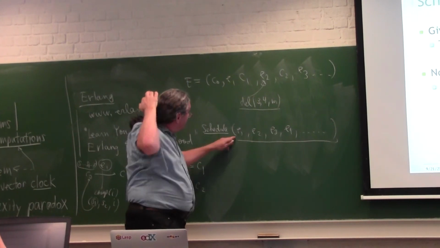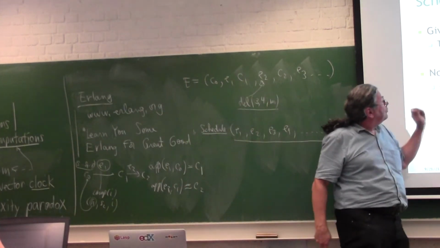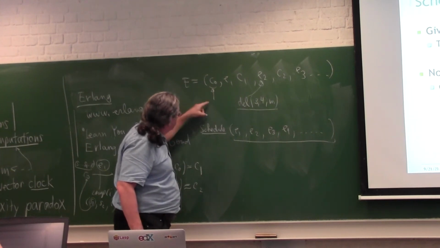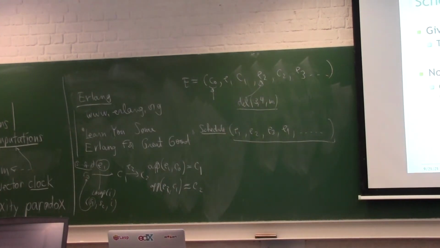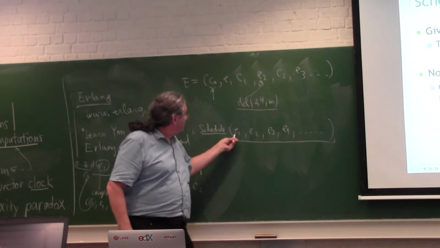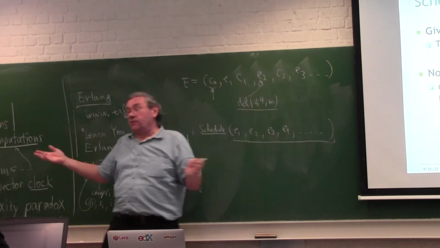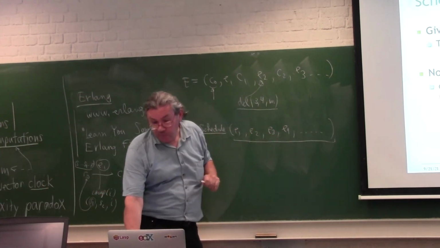Also, there's some constraint in how you make the schedule. Not all schedules are allowed for an initial configuration. So if I start with C0, I can only do a del if there is an M in the outbuff of i in the initial configuration, or in the previous one. So I can't do everything anytime I want. So there's some constraints on how I arrange these things. I cannot do a del anytime I want. There has to be a message in the outbuff, clearly. Okay, so there's some constraint there.